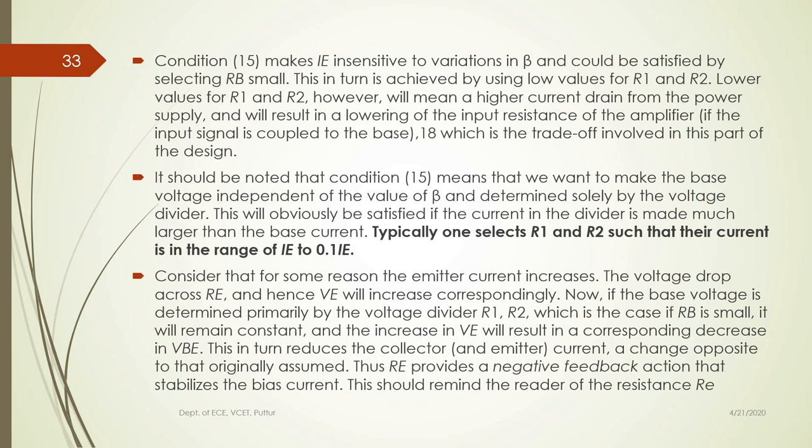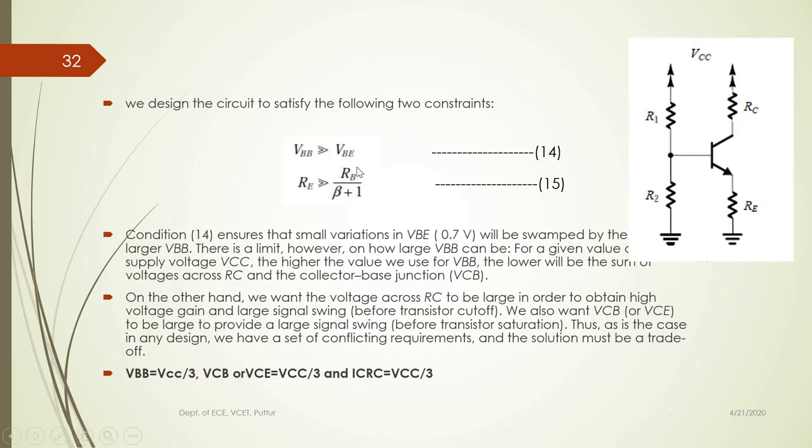So condition 15 makes IE insensitive to variation in beta and could be satisfied by selecting RB as small. So we need to select RB as small. RB as small indicates that we need to select R1 and R2 as small. So how are we going to make R1 and R2 small? There is